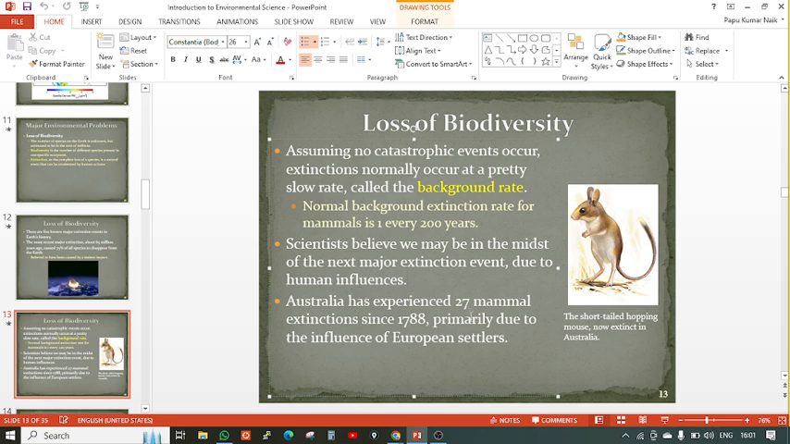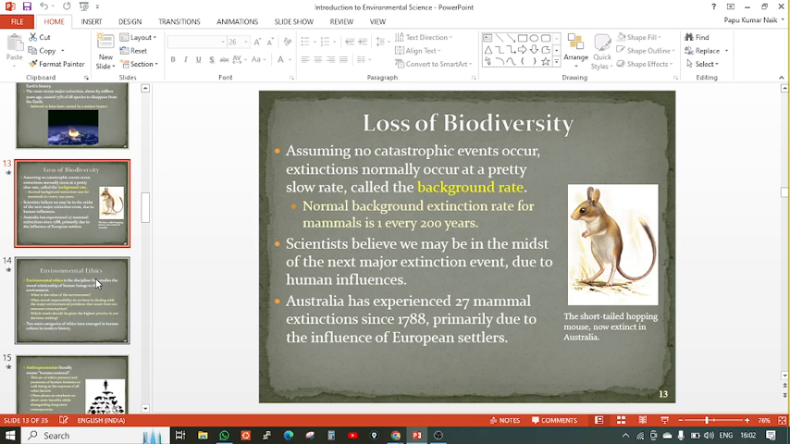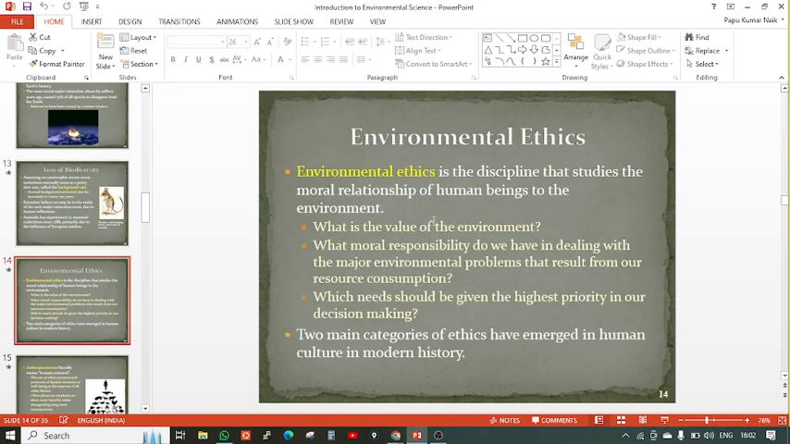Australia has experienced 27 mammal extinctions since 1788. See, in Australia 27 mammals have become extinct due to the influence of humans. You can see small humming birds are now not normally seen in our households, because 10 to 20 years ago they were commonly found in every village. So next,